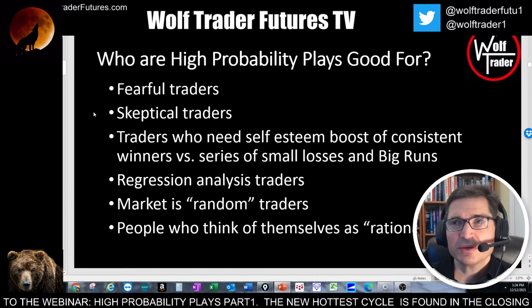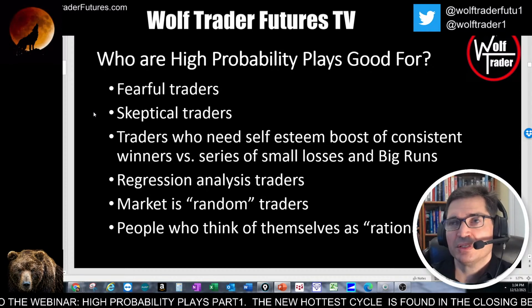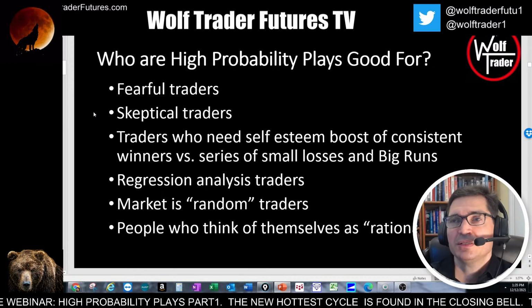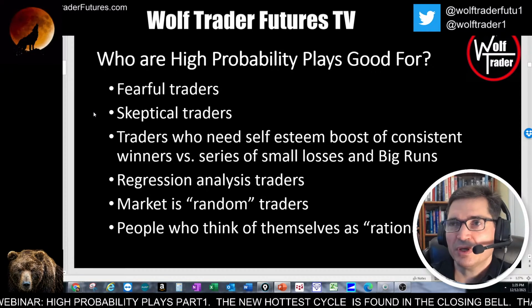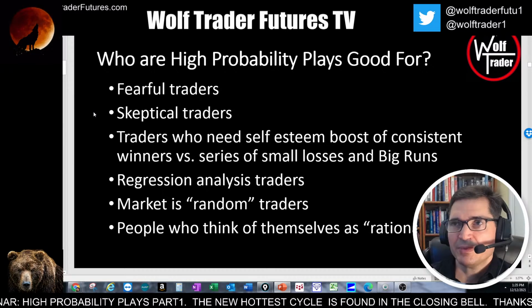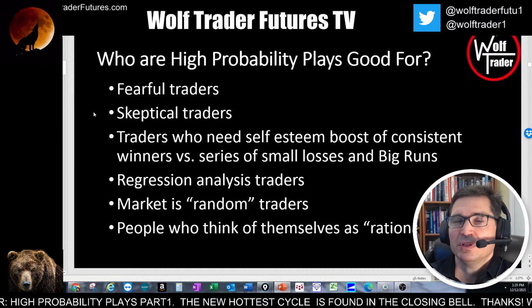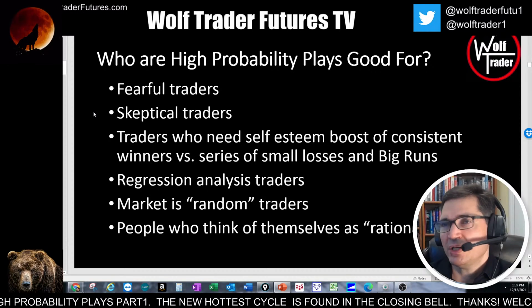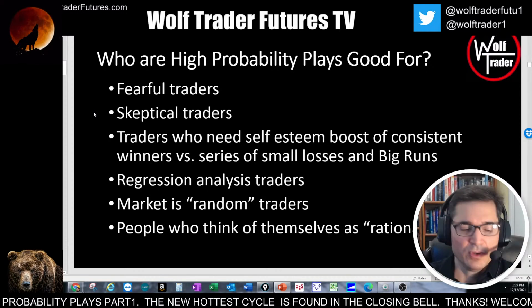Also, skeptical traders, people who are skeptical of the markets, skeptical of trading systems, skeptical of holding a trade more than a day. The market is random and all this stuff. Just skeptic, skeptic, skeptic, right? So that's really good for these types of people because they don't believe in anything. It's all regression and it's all random according to them, right? But